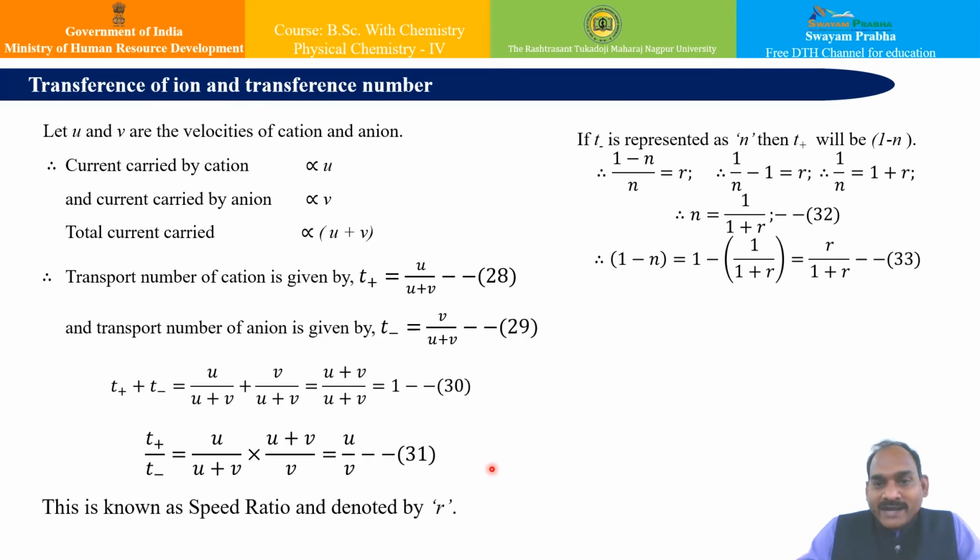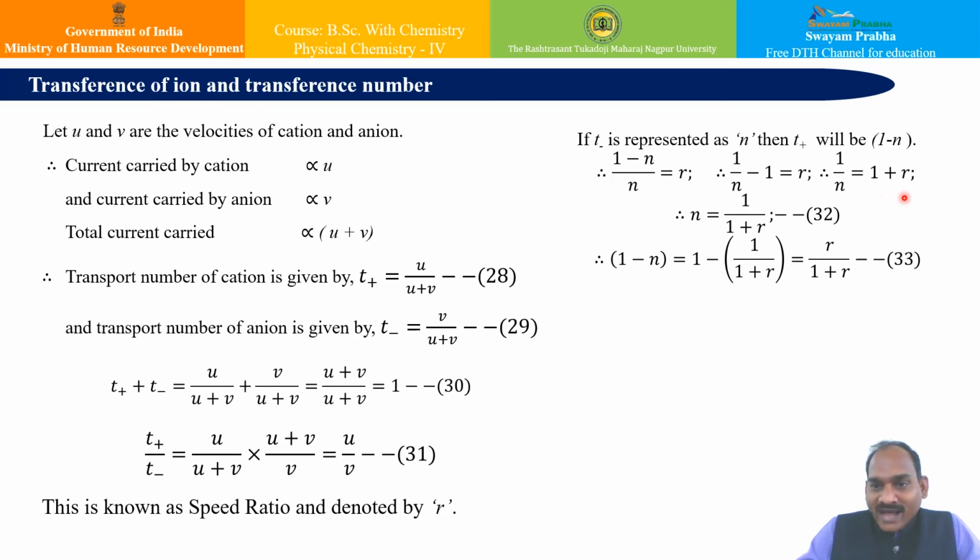Now if it is denoted by r, and if T minus is the transport of current by the anion, suppose I say that T minus is represented as n, so T plus will obviously be 1 minus n, because T plus plus T minus is nothing but 1. Therefore if T minus is n, my T plus will be 1 minus n. Okay. Now if I take the ratio of 1 minus n upon n, that is T plus upon T minus, it is r, that we have seen just now, the speed ratio. I can rearrange it: 1 upon n minus 1 is equal to r,